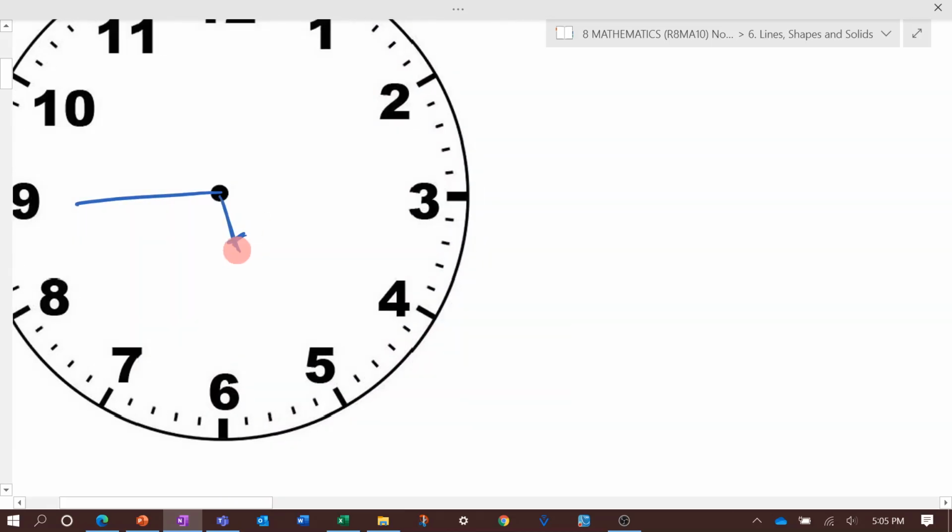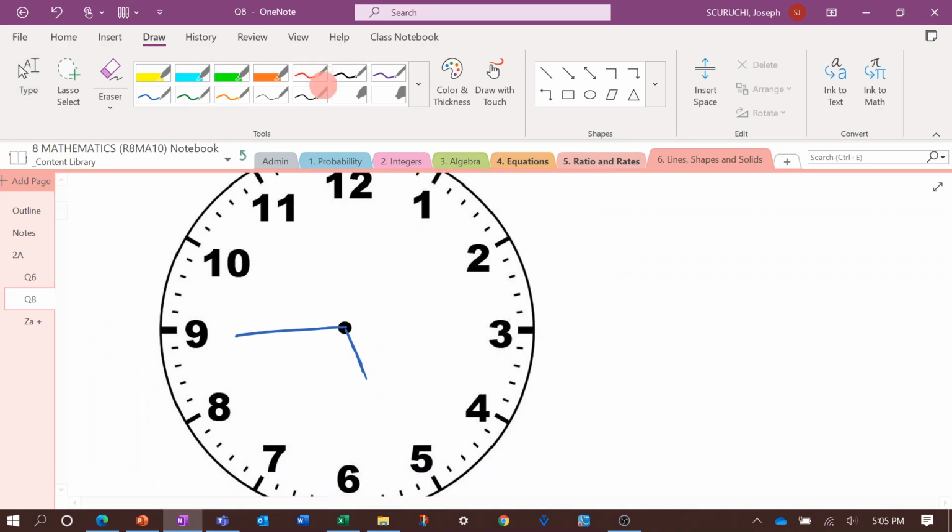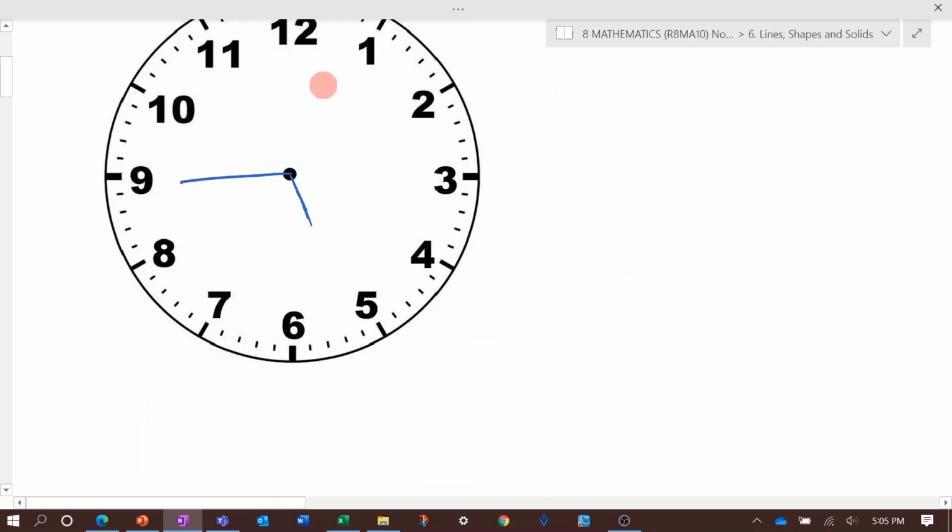Let me just change that a little bit. Let me just put it there. So this is just a rough sketch just to help us visualize. We're, of course, not being judged on how pretty our clock is, because this clock is pretty ugly. Okay, now what are we going to do here? The first thing that we're going to do is just remind ourselves of something that we saw at the very